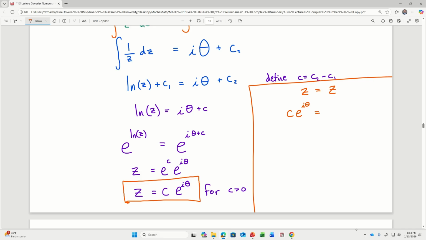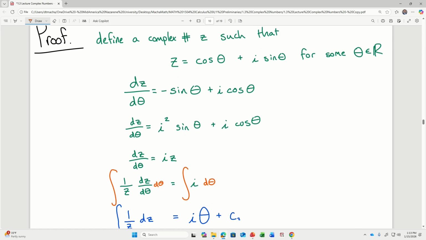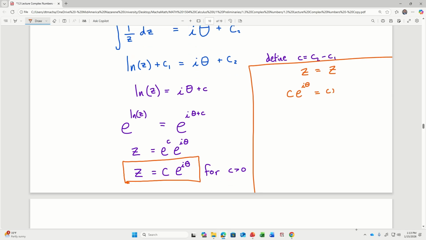What was the original definition of Z? Originally, we said we're going to define a complex number Z such that Z is equal to cosine theta plus I sine theta. So Z is cosine theta plus I sine theta. I'm going to take that definition, the one that we started with,